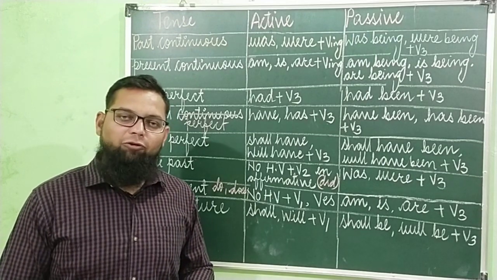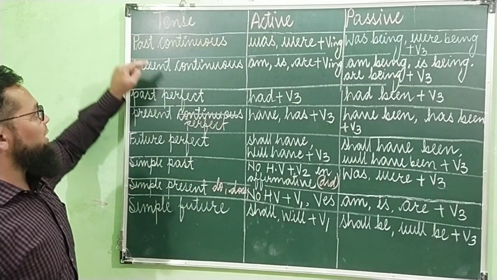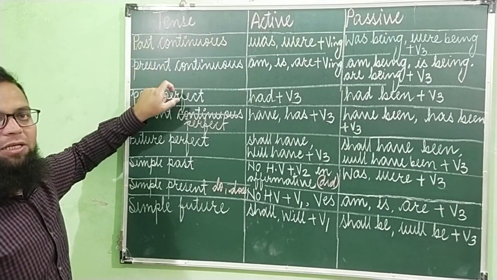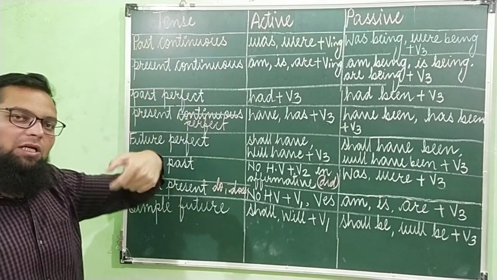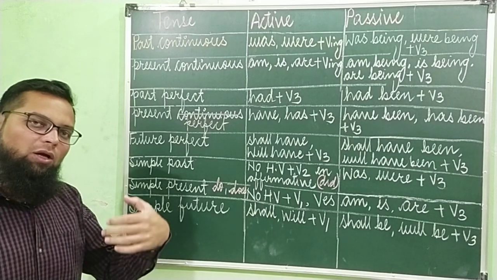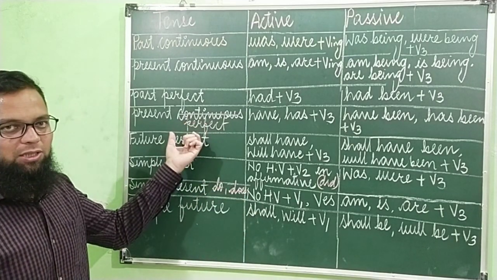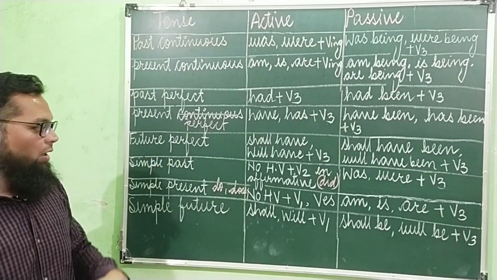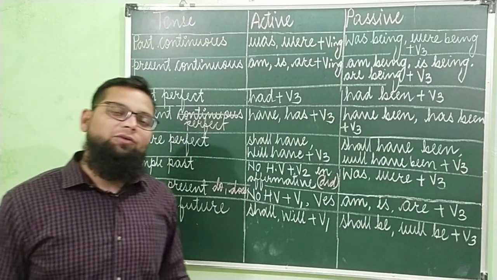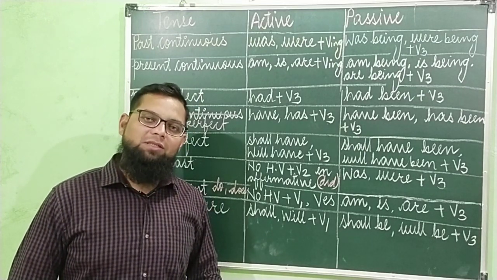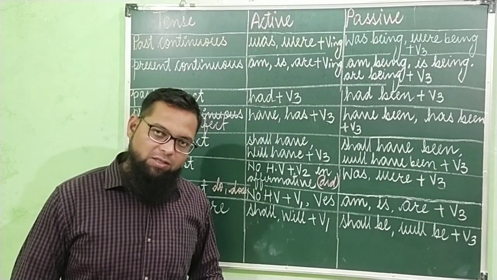The first is फ्यूचर कंटिन्यूस टेंस। यहां पर देखिए मैंने क्या लिखा, पास्ट कंटिन्यूस, प्रेजेंट कंटिन्यूस, इसके बाद फ्यूचर कंटिन्यूस होना चाहिए था, बट फ्यूचर कंटिन्यूस टेंस कैन नॉट बी कन्वर्टेड इनटू पैसिव वॉइस, इसलिए मैंने वो मेंशन नहीं किया। ये एक टेंस हो गया। इसके अलावा ऑल द थ्री परफेक्ट कंटिन्यूस टेंसेस, पास्ट परफेक्ट कंटिन्यूस टेंस, प्रेजेंट परफेक्ट कंटिन्यूस टेंस